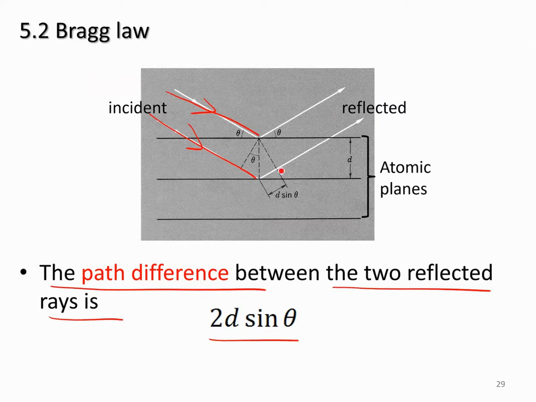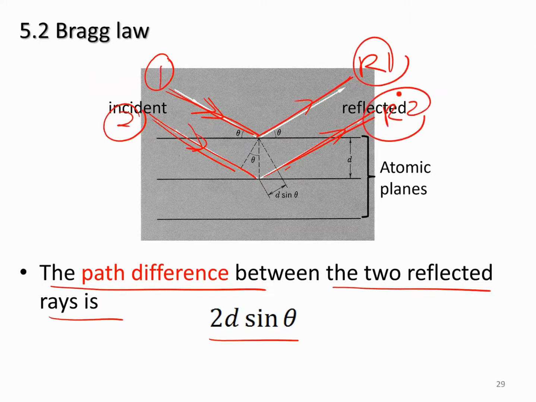When they hit the sample, they will be reflected. This is an incident, this is an incident, this is a reflected, this is a reflected. Then incident 1 and 2, reflected 1 and 2. So there's a difference between the reflected 1 and 2, right? They have extra distance. So we call this